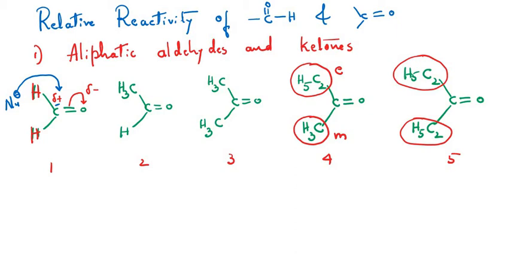But whereas if you see in the second example, that is acetaldehyde, once the pi bond gets shifted here onto this oxygen atom in the form of negative charge, this carbon will now be bearing which charge? A positive charge, that is a partial positive charge. But this partial positive charge will not remain. Why? Because here we are having an alkyl group, that is a methyl group, right?